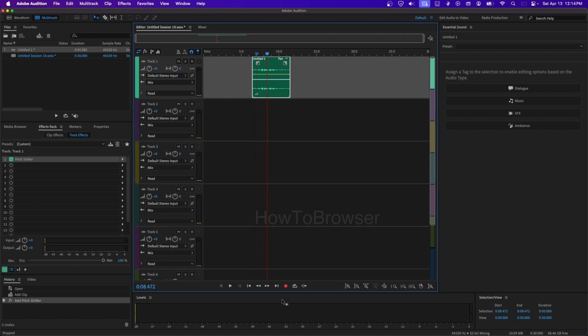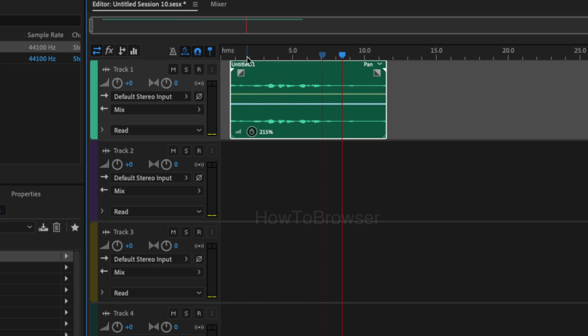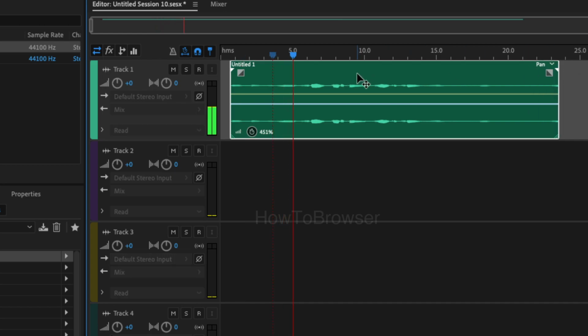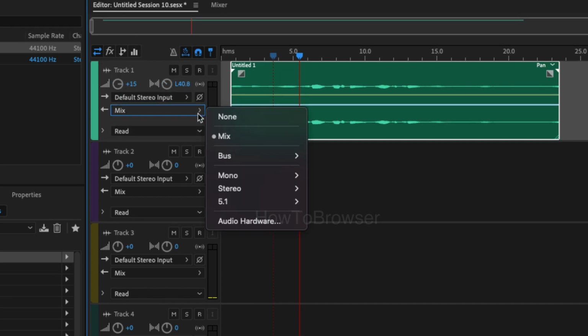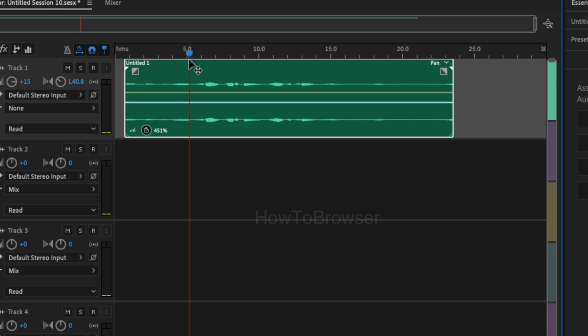Now if that's not what you're actually looking for to change your pitch, you just want to change the speed, you're gonna have to click on this button here, and from here we can stretch. We can stretch even more, sorry, from here. I can even increase the audio if I want, or like this. And now it's stretched, as you can hear,